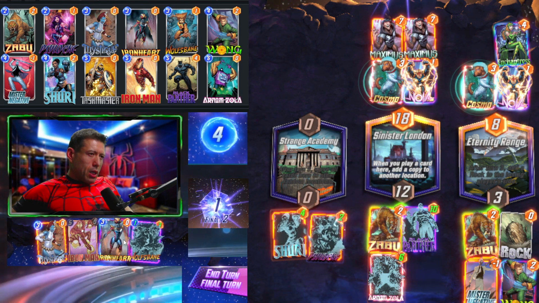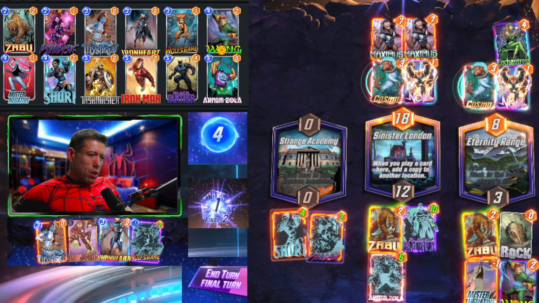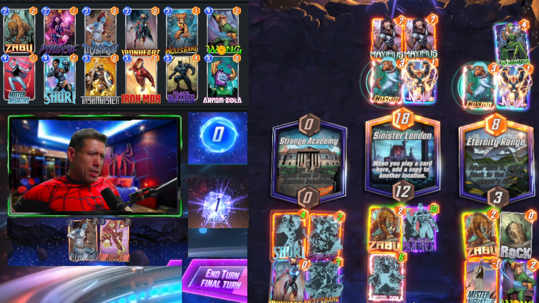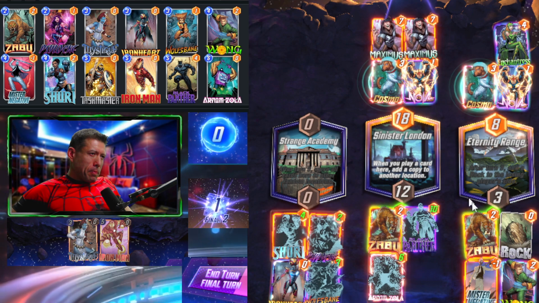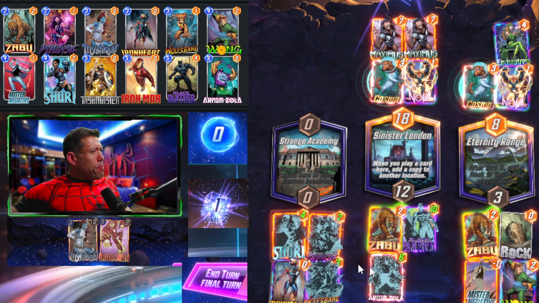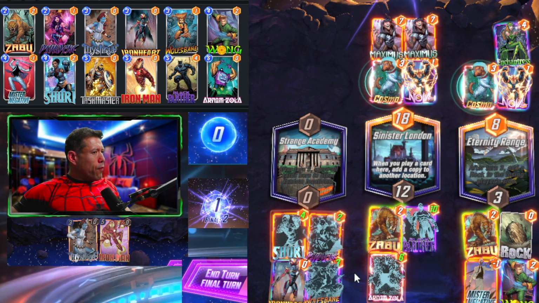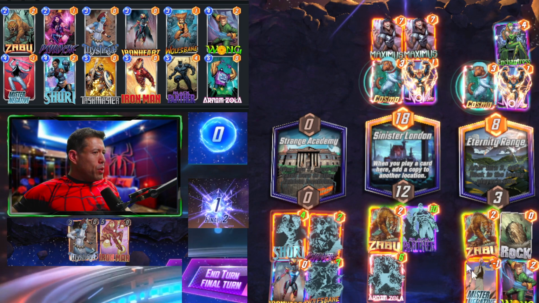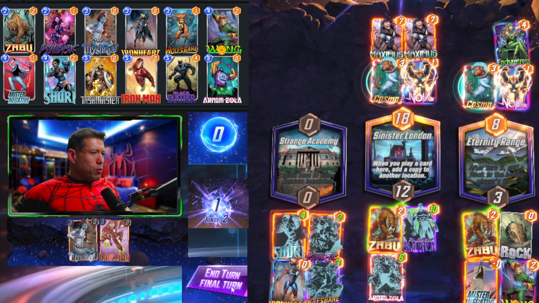The Psylocke. Ironheart, Wolfsbane. I think this may be enough points. We're gonna get the 12 there from Zola. Get the 2 points. We'll get a few things going on with Ironheart, and Wolfsbane will have a bunch of